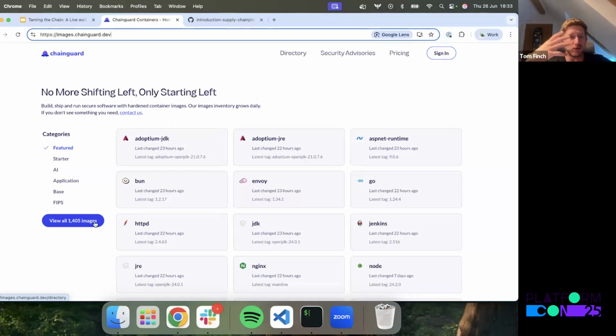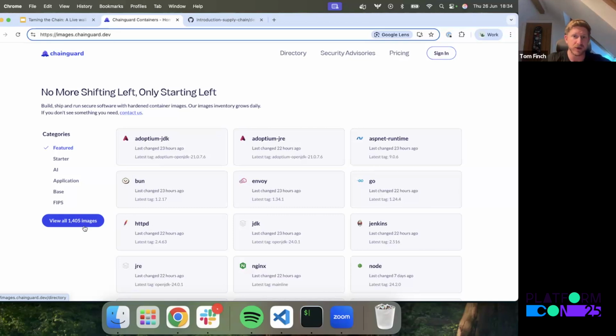And the ultimate goal of all of this is to provide you with very minimal CVE-free, or as near to CVE-free as possible, container images, all with full SBOMs, provenance, and attestation. And we'll talk through all of that and you'll get to have a look into it. But that's ultimately the outcome of all of this. So all built within our hardened environment, the factory, which follows that SLSA framework that Adrian was talking through earlier on. And as of today, there are over 1,400 available,